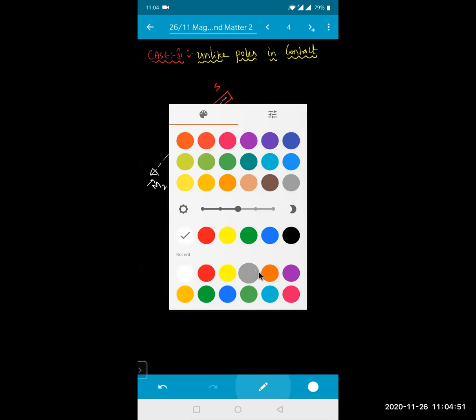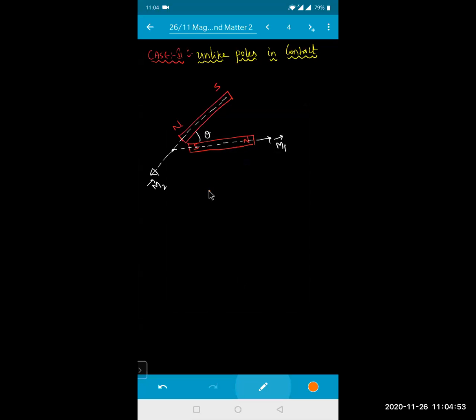Now tell me the vectors condition, can anyone say? Writing this in terms of vectors, this one is your M1 bar, and this one is your M2 bar. Tail and tail are coinciding, so what will be the angle? If this is your angle theta, the angle between M1 and M2 will be 180